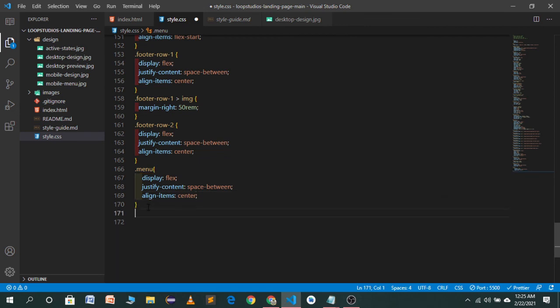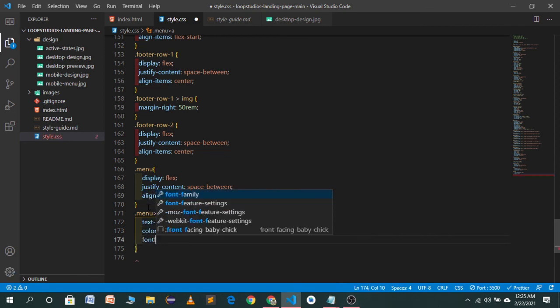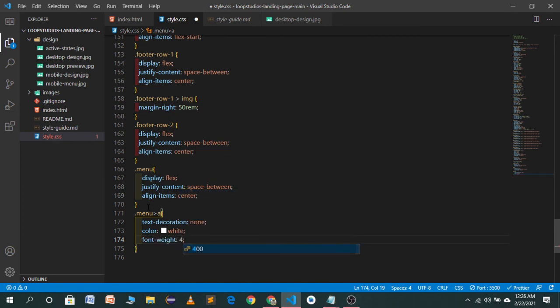And in the menu we will target the A tag, which is the link tag, and set the text decoration to none. Color will be white. Font weight, not font family. Font weight will be, I think, 400. Let's save this one and see how it looks.